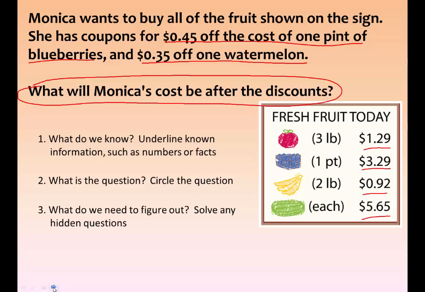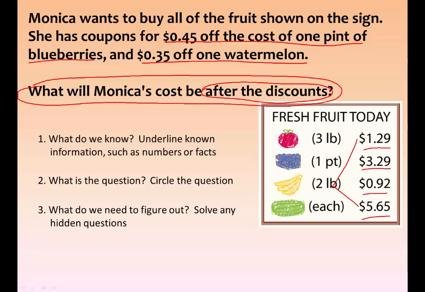Now, the third step is, what do we need to figure out and solve for any hidden questions? Well, we know that we want to figure out what Monica's cost will be for the fruit after the discounts. So the hidden questions are, first, how much is the fruit going to cost? And how much are the discounts? So what we're going to do is add up all of the prices of the fruit: $1.29, $3.29, 92 cents, and $5.65. We're going to add all of that together,